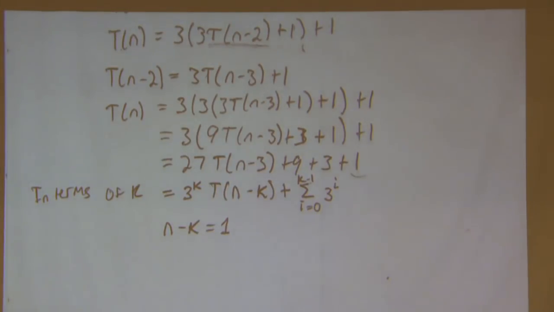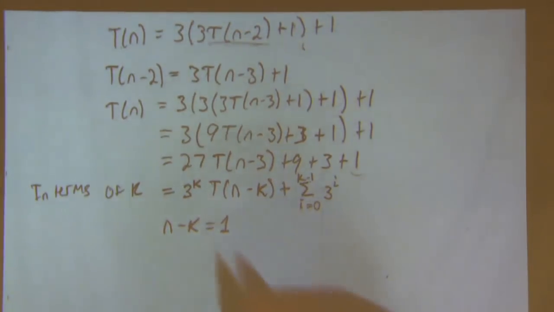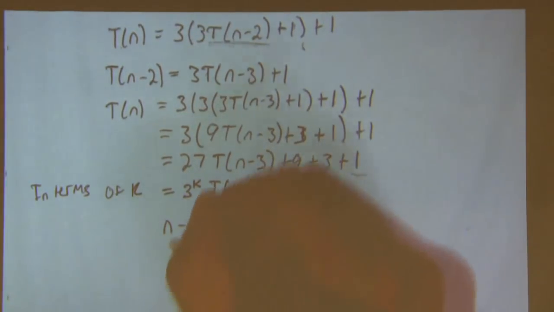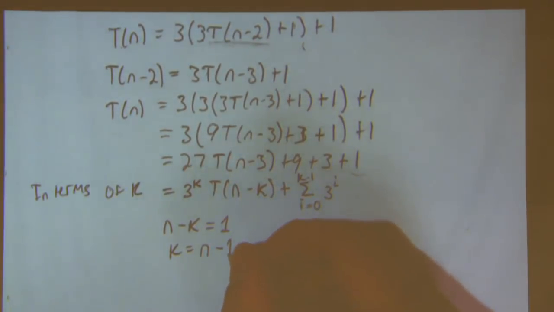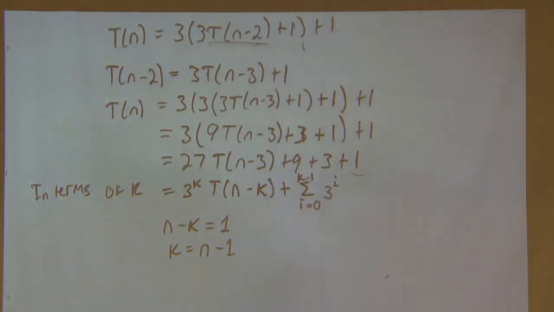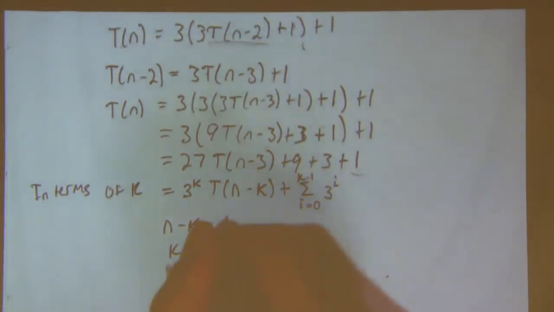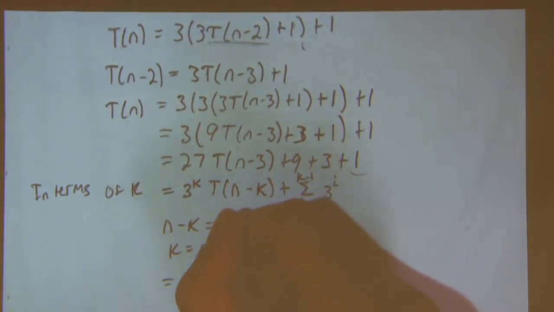And we want this eventually in terms of n. That's what the problem tells us. And so we just need to solve it so that we can substitute into these k's in terms of n. And so all you have to do is add k to this side and then subtract 1, and we get k is equal to n minus 1, right? And then now we just substitute in for k into here, right? And so we get 3 to the n minus 1 power,